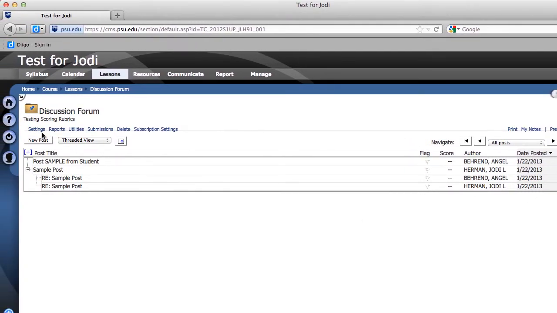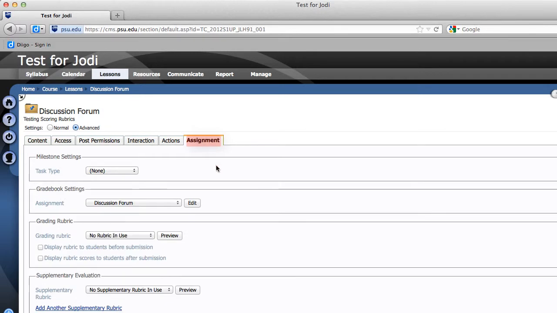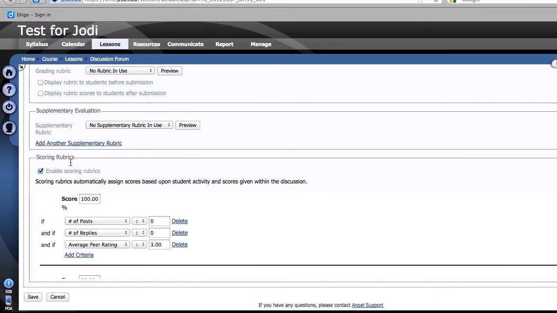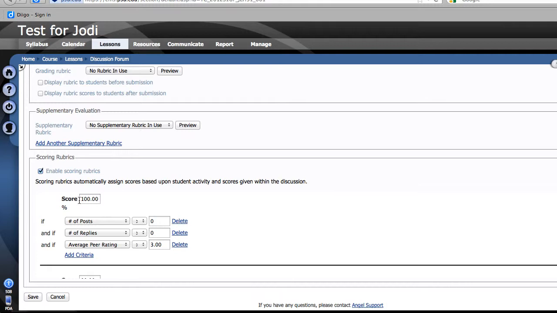So if you actually click on the settings of the discussion forum and you click on the assignment tab, when you scroll down under Scoring Rubrics, you'll see this little checkbox. You can check it. It says Enable Scoring Rubrics. And what it does is it automatically assigns scores based upon the student activity and the scores given within the discussion. So what you can do is you can add as many scores as you want, and they're in percentage,